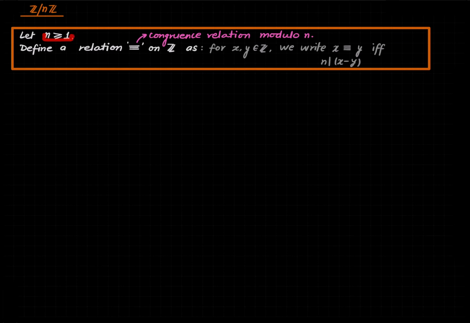Given any positive integer n, we can define a relation on Z, which we denote this way. There should be a subscript here so that we see the dependence on n, but we suppress it. We call it the congruence relation modulo n. And how do we define it? For two integers x and y, we write x congruent to y if and only if n divides the difference